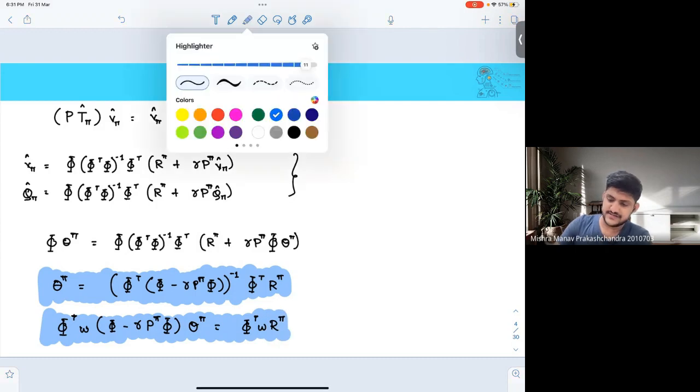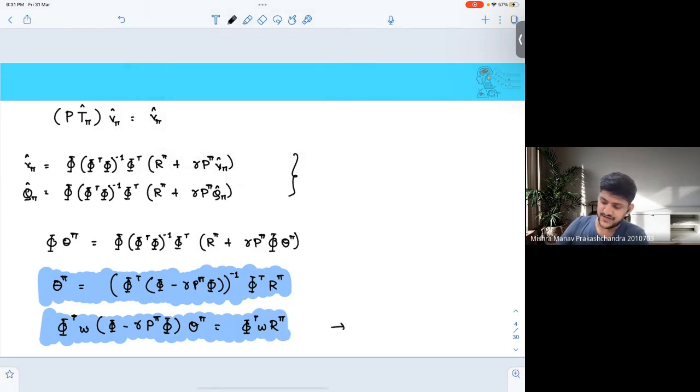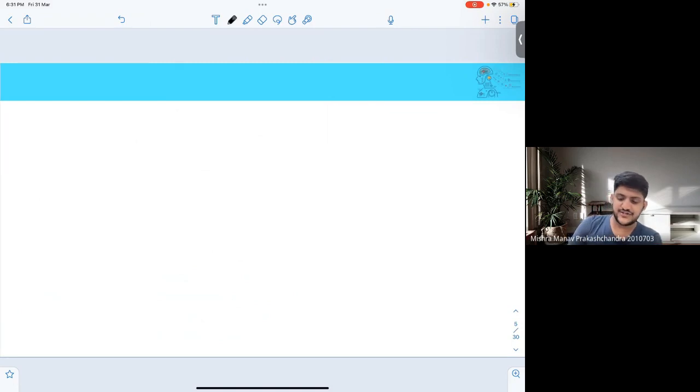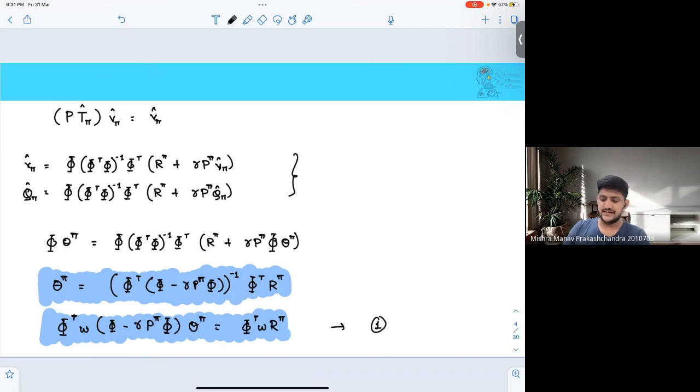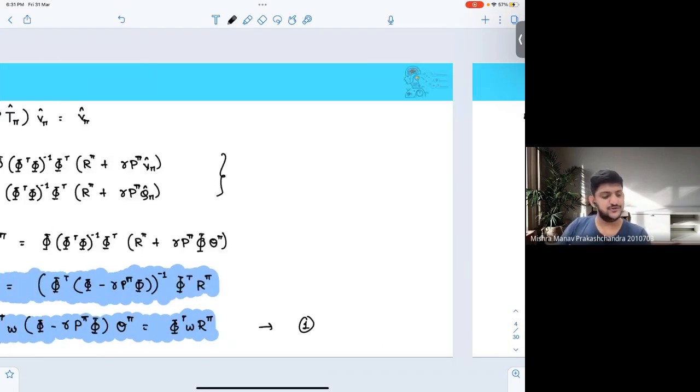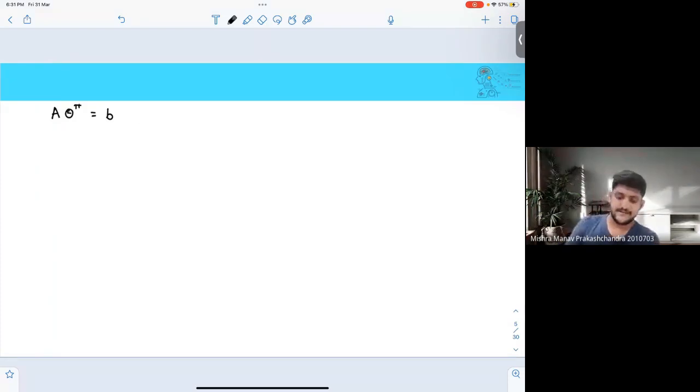Okay, and I'll call this here equation 1. Now notice here, equation 1 is of the form A theta pi is equal to b. If you look closely, equation 1 is of the form A times theta pi is equal to b, where my A is